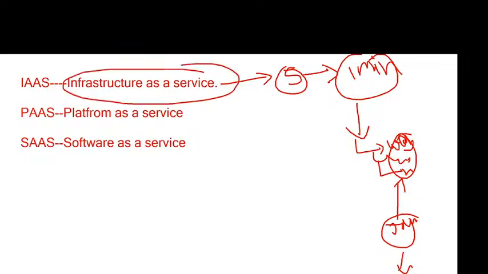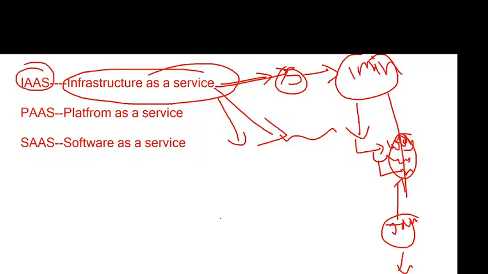That should be managed by yourself. The cloud vendor just provides the virtual machines, and the remaining management should be taken care of by yourself. Why? Because the application is yours, so the management is yours. That is Infrastructure as a Service. Clear? For example, after 1 year your business is not good, then go and destroy it at this moment. Whatever you have consumed, just pay for that. That is Infrastructure as a Service.